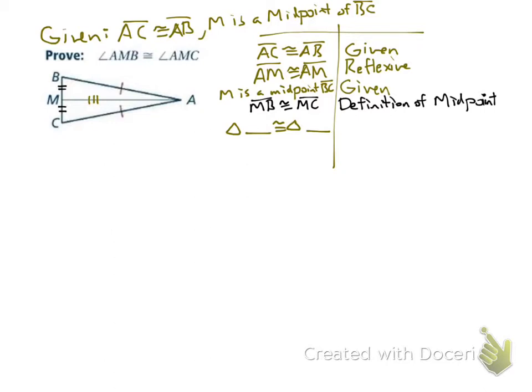Do we now have 3 statements? Okay, with those 3 statements, how are those two triangles congruent? Do we have any angles? No, so side, side, side it is. It doesn't even matter which order you write the S's in. All right, then we're going to go AMB and AMC. I picked those because that's the name of the angles, and they already named the triangles for me. So now that I have the two triangles congruent,